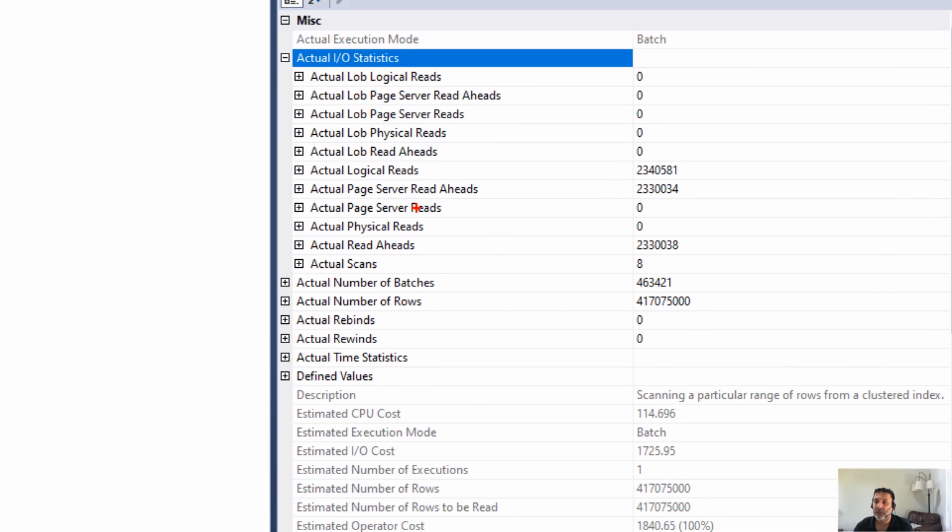the page server stuff. So you have, for example, actual page server reader heads, which is pretty high, indicating that all this data is not coming from buffer pool or RBPX. If it was, then you would see the actual reader heads be low, right? So you would see this number, but this would be close to zero if it was pulled from RBPX or